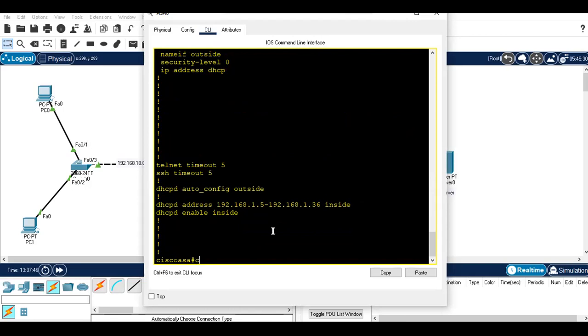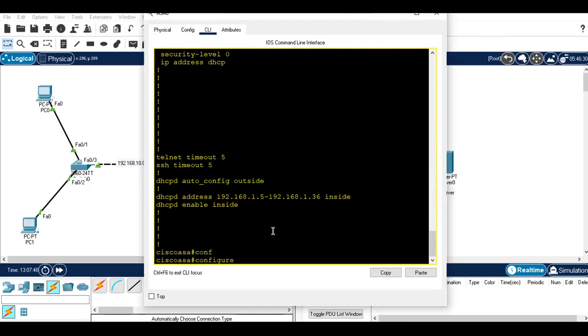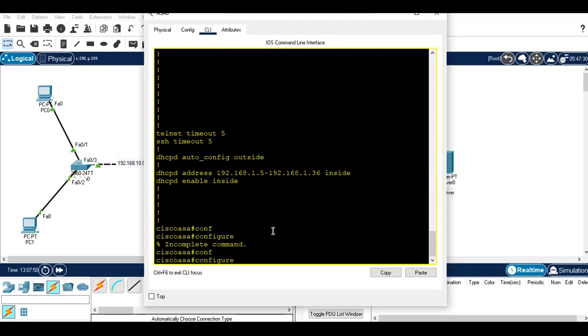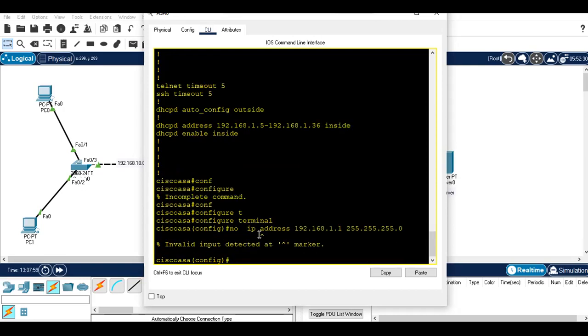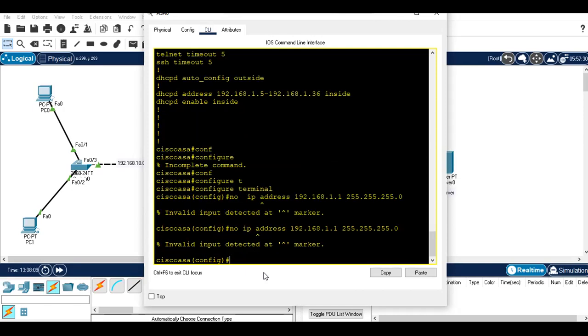So go to global configuration mode and give the command no ip address, and that will delete the IP address which is already pre-configured in this firewall